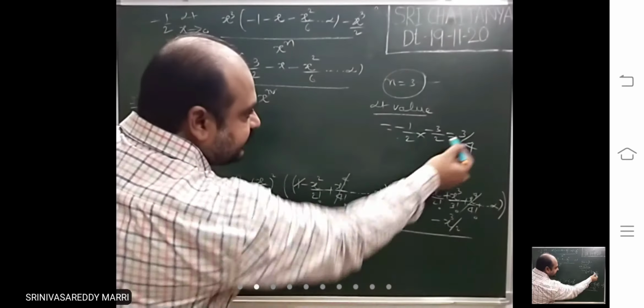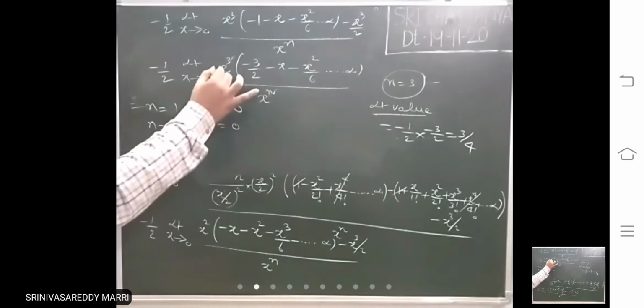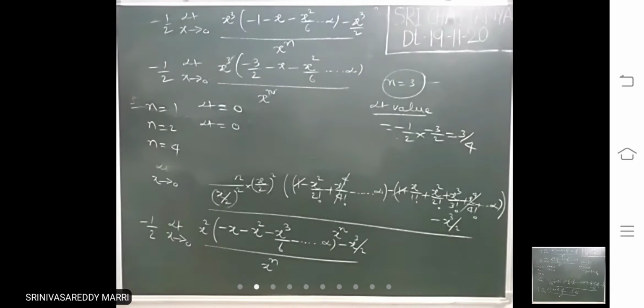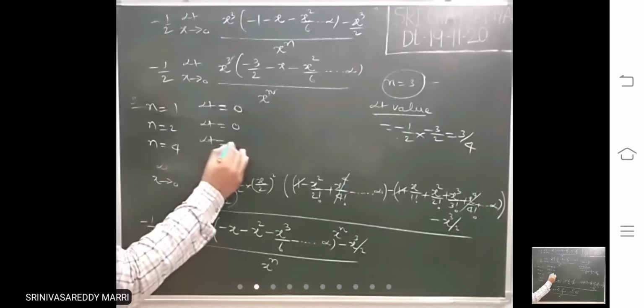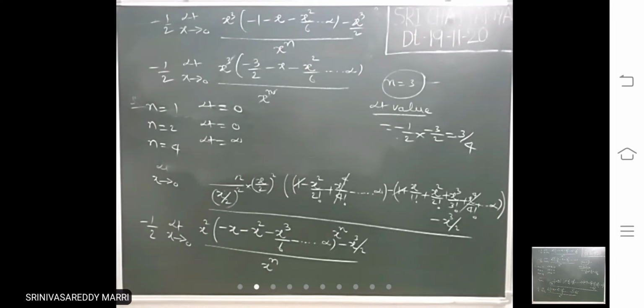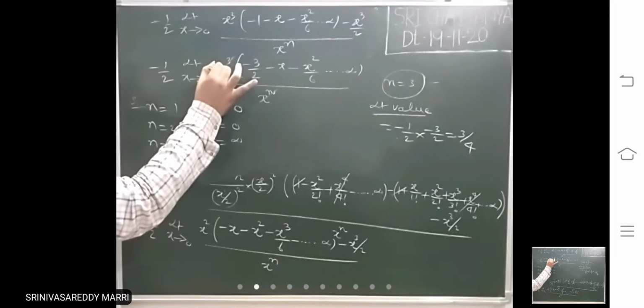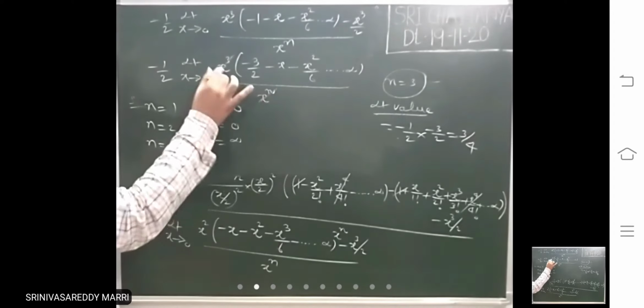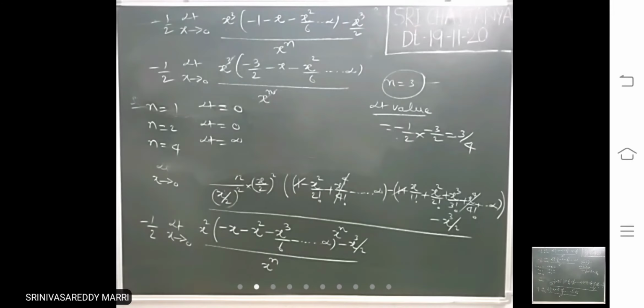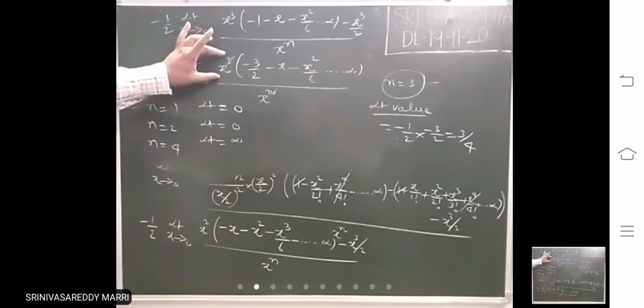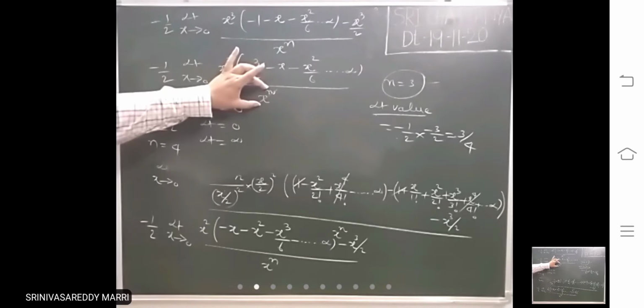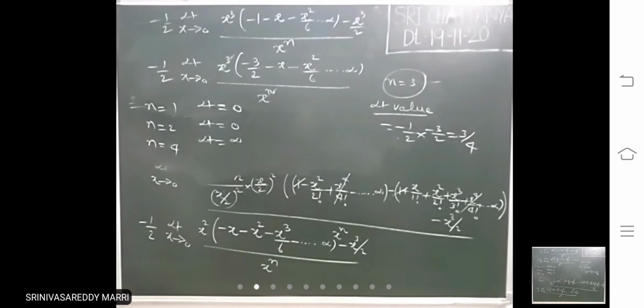What happens if n equals 4? n equal to 3 means the limit is a finite non-zero value. n equal to 4 means in the denominator x will be remaining, so the limit will become infinite. That means for a finite non-zero value, whatever you are getting common must get cancelled with this. The simple technique in the exam is just to take common whatever you are getting common, and that must be striked off with this. Then it will become a finite non-zero value.